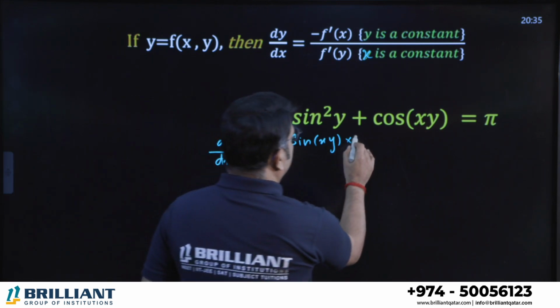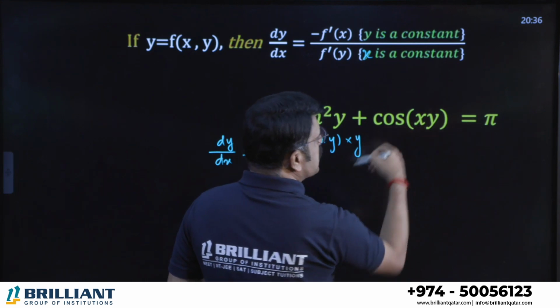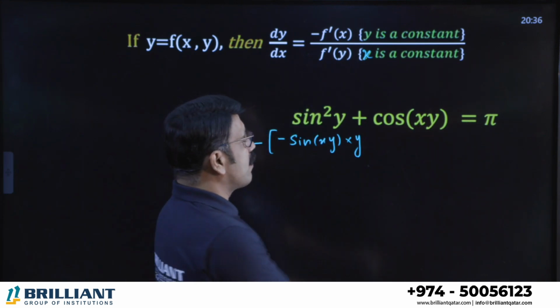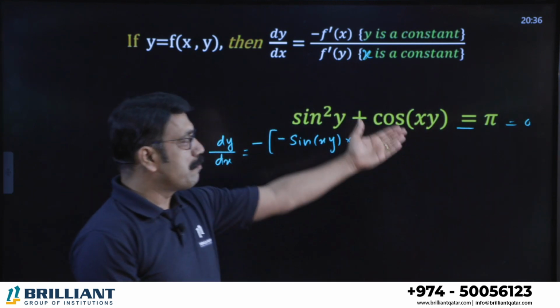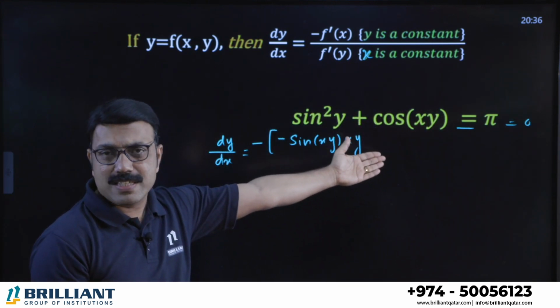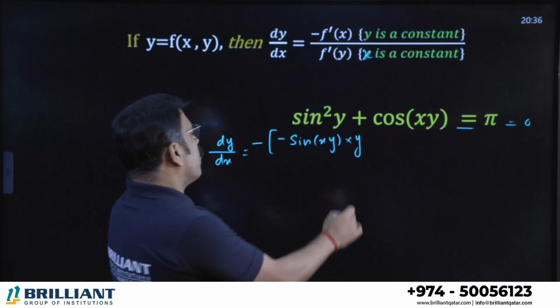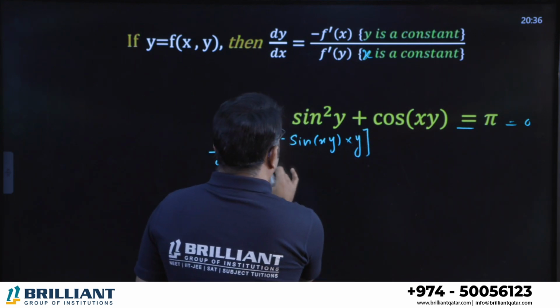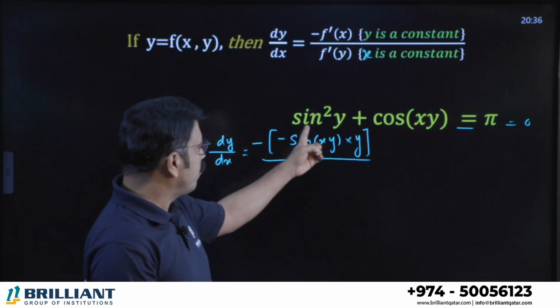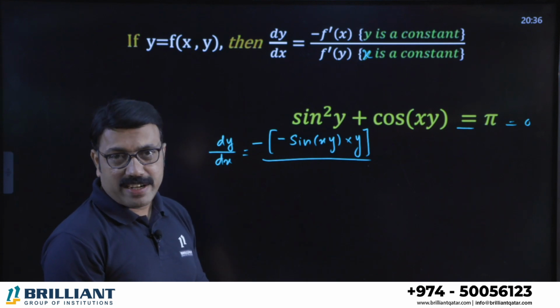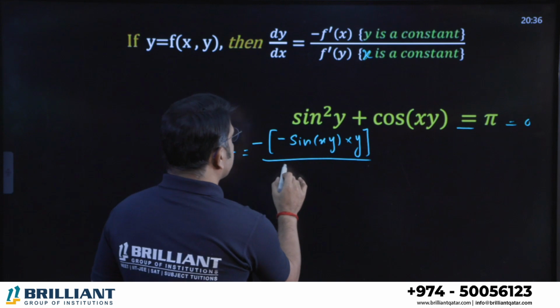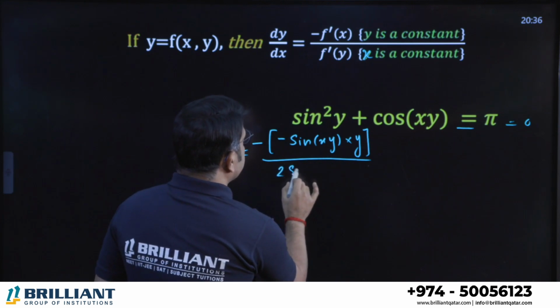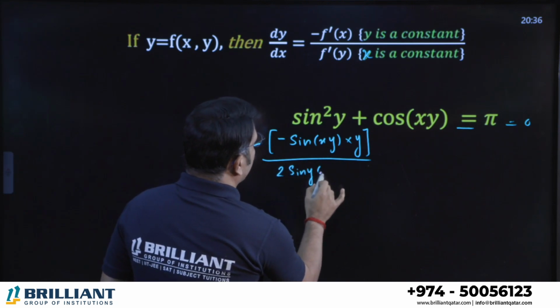1 into y, y. Actually, minus pi we can take to this side. At that time it will come like this. Minus pi goes to 0. No need to consider pi; we always get the derivative as 0. Then y divided by the derivative of this one. Sine square y derivative, f dash y needed. The derivative of sine square y is 2 sine y into cos y.